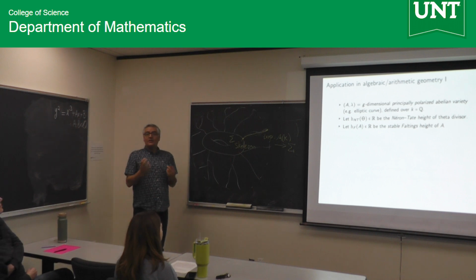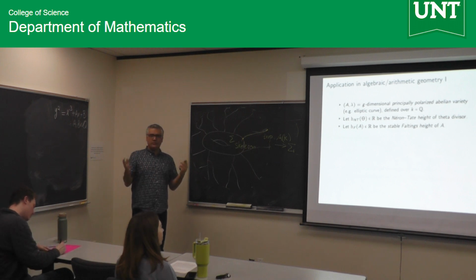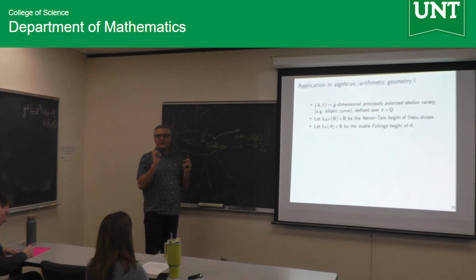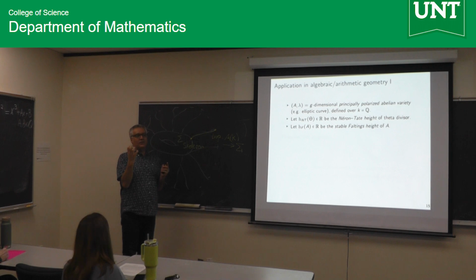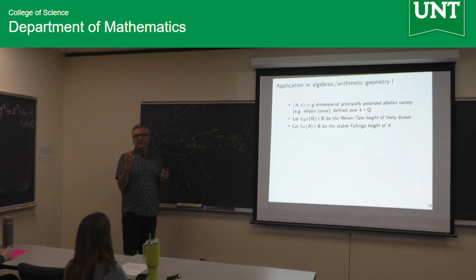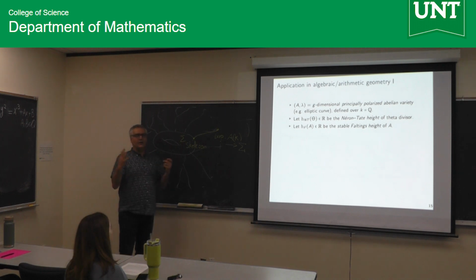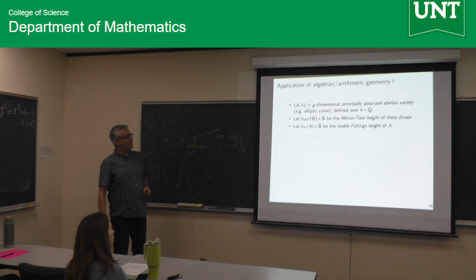These things have 2 numbers that capture the complexity. One of them is Faltings height, very difficult to define even for number theorists. I'm not going to do that, but just think of this as you have this object, and you want to know how complicated it is. And you can come up with some real numbers that capture this complexity. It's called Faltings height because he used it in his proof of the Mordell conjecture, which led to his Fields medal. He wanted to show that there are finitely many abelian varieties with some property, and he measured their complexity using this number. And there's another one which is called Néron-Tate height.